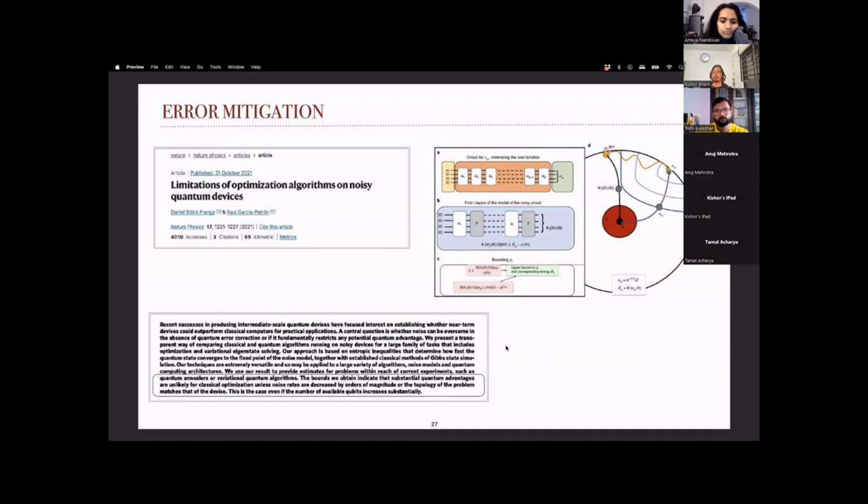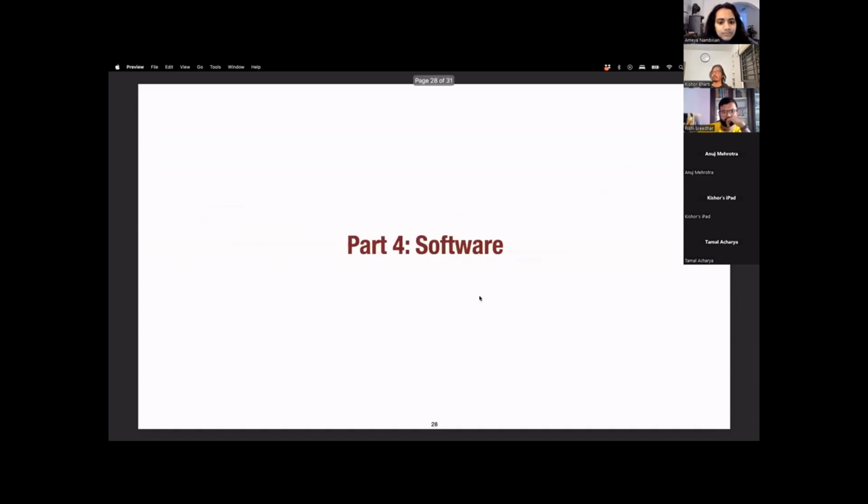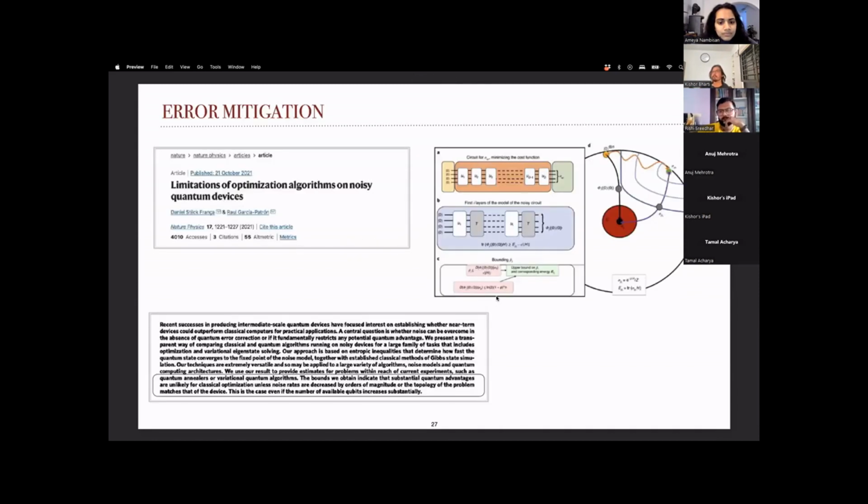First of all, can we come up with protocols which do not require much error mitigation, and on top of that, can we come up with better techniques? I think maybe a mixture of error mitigation and error correction, as we are entering the intermediate scale regime, and see whether we can help solve the problem. So this is, I would say, a quite nice direction to look at.